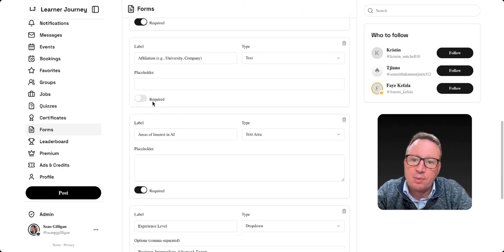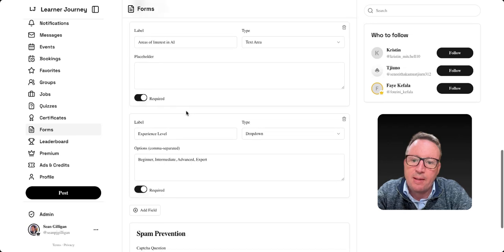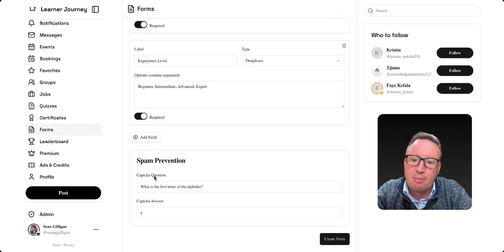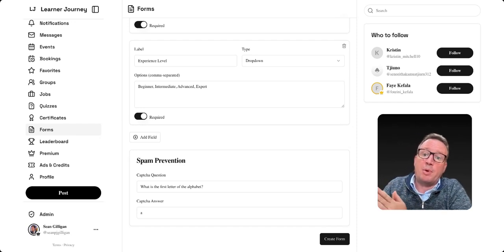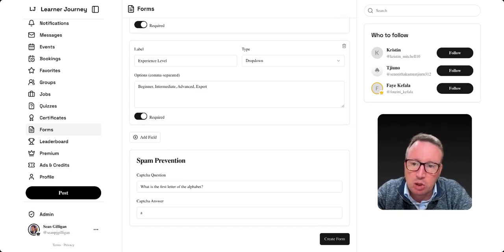Now, I'm going to make everything required as it happens. And I also have this spam prevention question for captcha at the bottom to make sure that bots don't fill in my form. Then what you can do with the form, you can post it on the public timeline through a social post, or you can embed it on a page. So if I create the form,